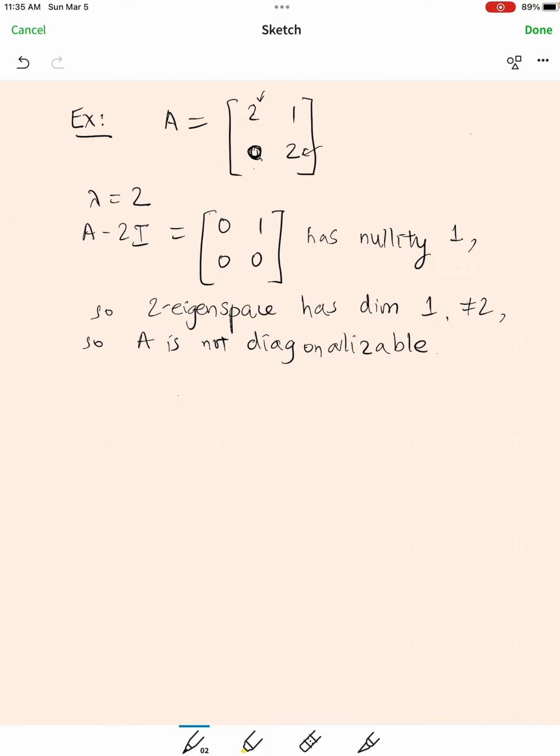Right. So in general, if A has only one eigenvalue (I'll just make a parenthetical remark, one eigenvalue, and I'm referring to real eigenvalues), then A would be diagonalizable